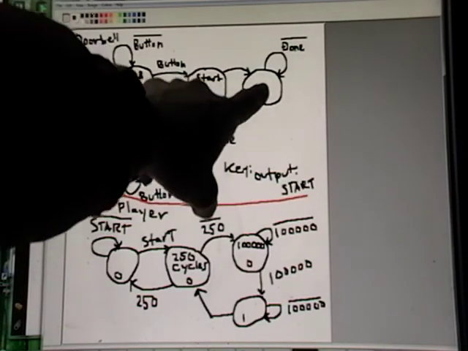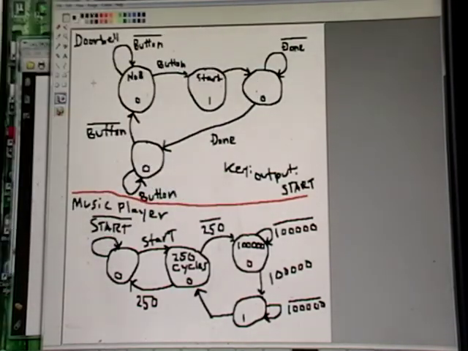So then you go to the next state, and I don't remember if I mentioned it, but if you have a